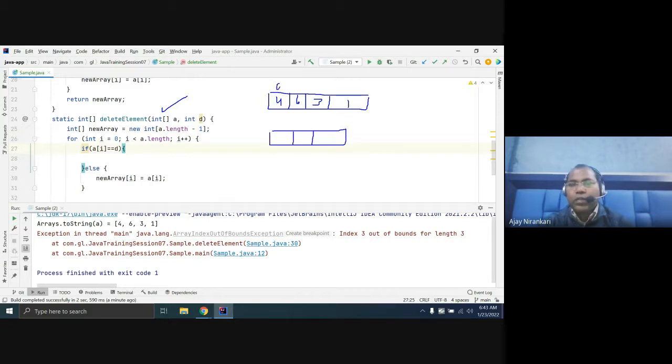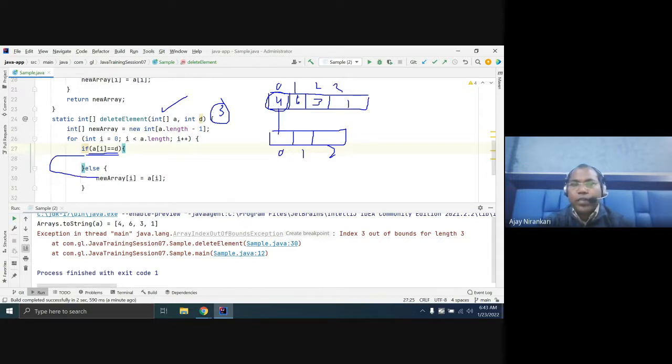This is the 0 position, 1 position, 2 position, 3 position. Here I have 0 position, 1 position, 2 position. So whenever your loop runs, first the element at 0 is matched with D. Our D I have written as 3. So 4 does not match 3, then control goes to the else. In the else you are copying this. It's okay.